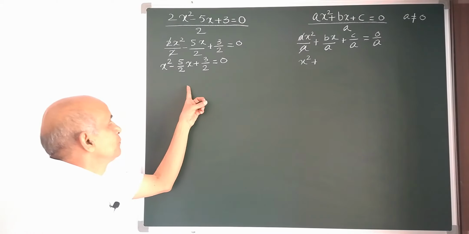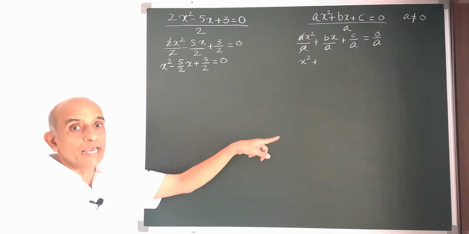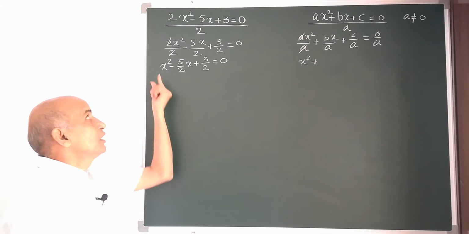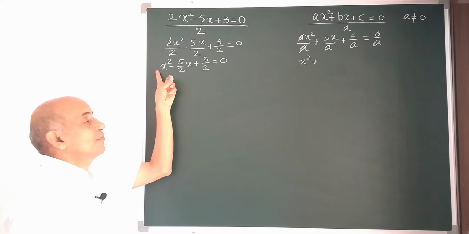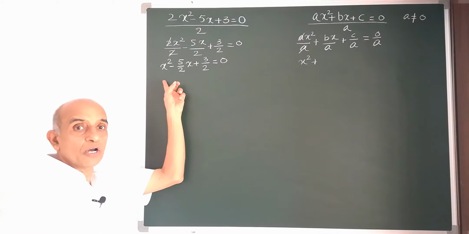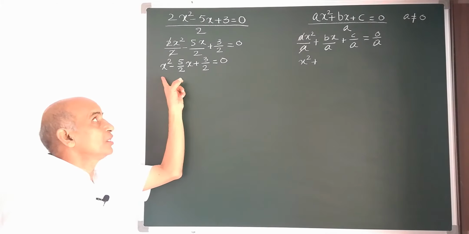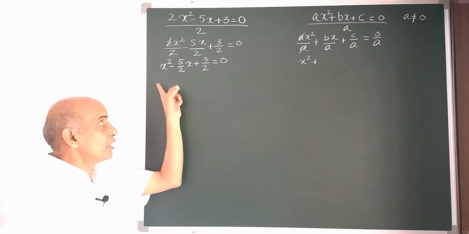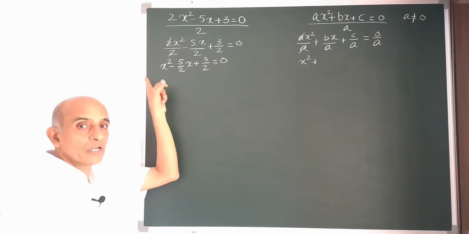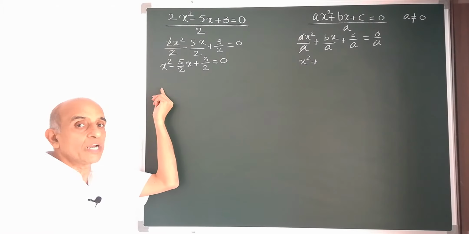I will explain here why we have made the coefficient of x square as 1. You remember those diagrams. We have taken a square of side x whose area becomes x square. So, we have made the coefficient of x square as 1. And if you look at the previous videos, we have applied the formula of a plus b whole square or a minus b whole square in order to complete the square. In that a plus b whole square or a minus b whole square, we have 3 terms, a square plus 2ab plus b square. So, the middle term should have 2 rectangles.